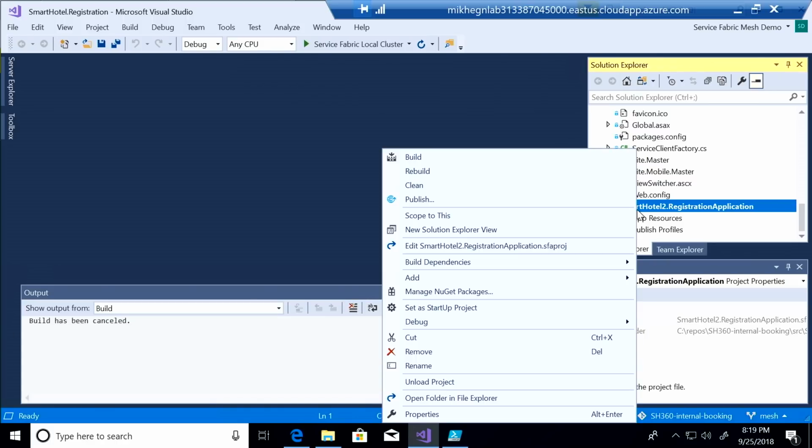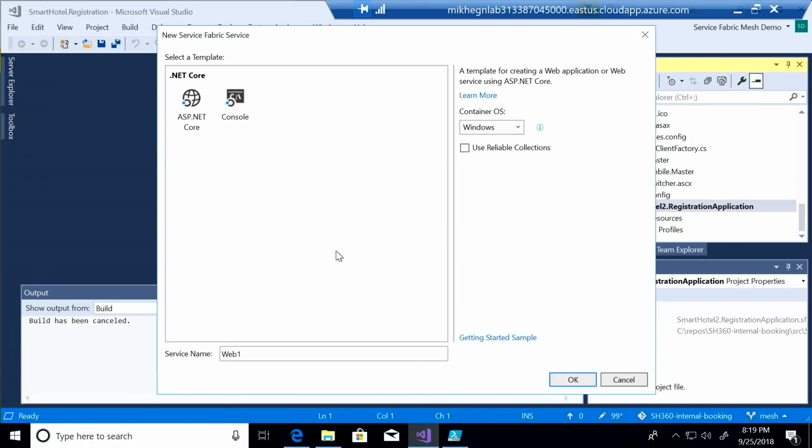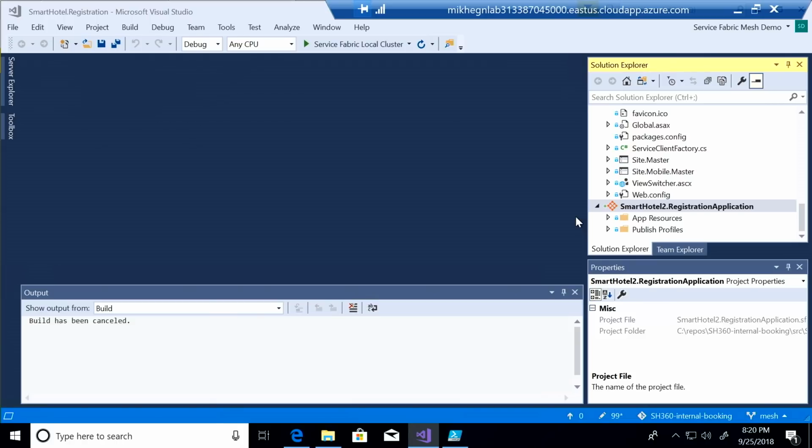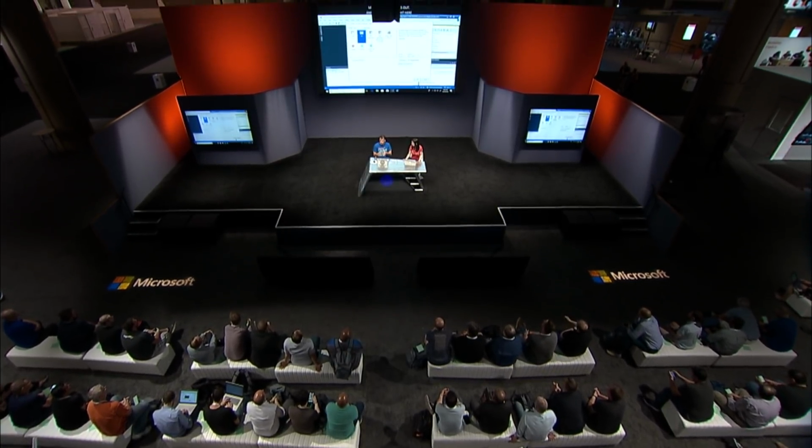But if you do know Service Fabric or want to deploy using Service Fabric technology and language, you can go in and actually hit Add New Service Fabric Service. And right into that same solution you just created, I can now add an ASP.NET Core solution, I can use reliable collections, which is the powerful Service Fabric capability to put the data right near compute and make it really easy to manage as it scales out. And again, I can add this right here, hit OK, and now it's all one application. So I can now hit deploy on this, and it's still fully managed, fully serverless, still no VMs, and we're doing that storage for you.